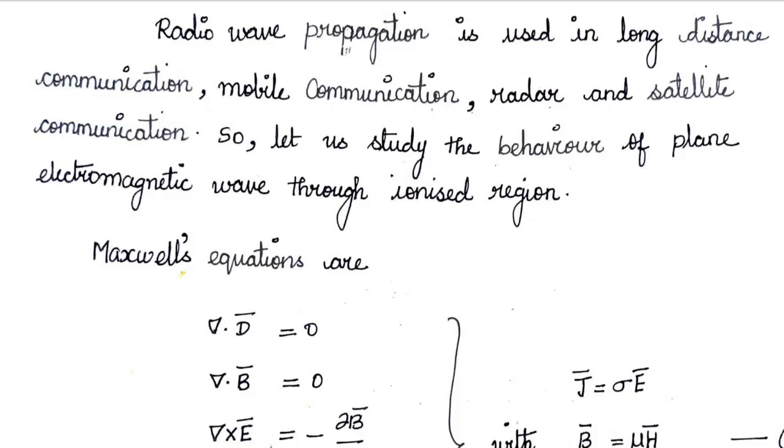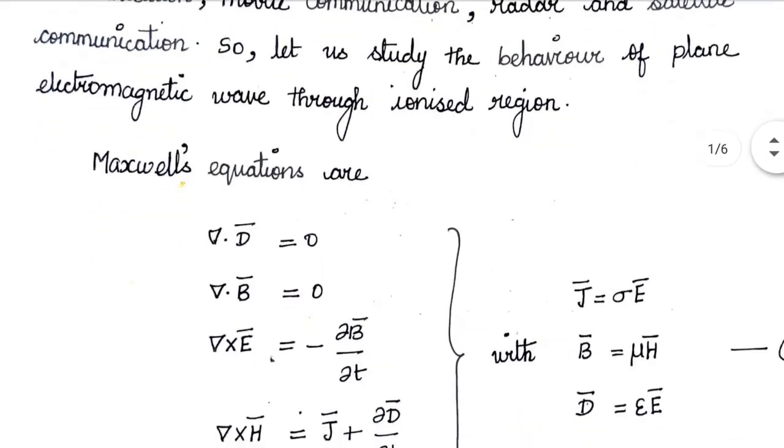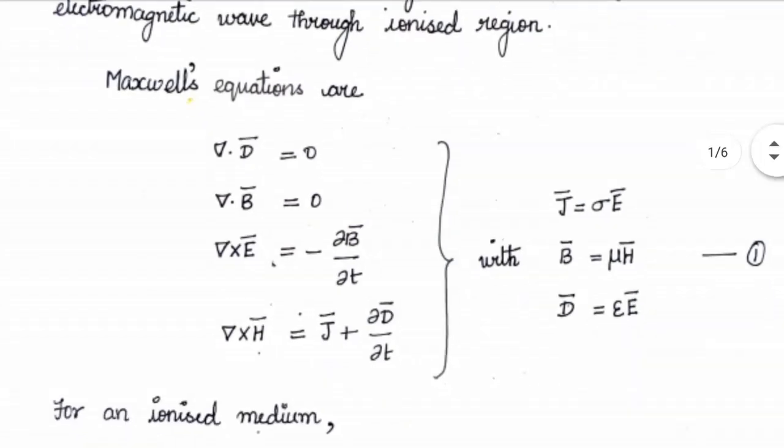There are a lot of techniques available to study the behavior of electromagnetic wave through an ionized region. Here we are making use of Maxwell's equations. We know Maxwell's differential equations are written as del dot D vector equal to 0, del dot B vector equal to 0, del cross E vector equal to minus dou B by dou t,